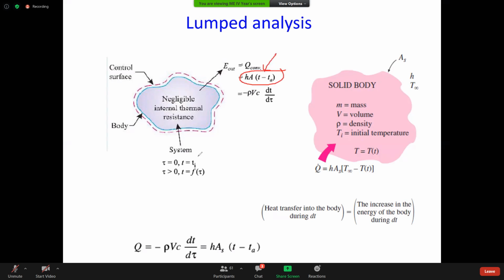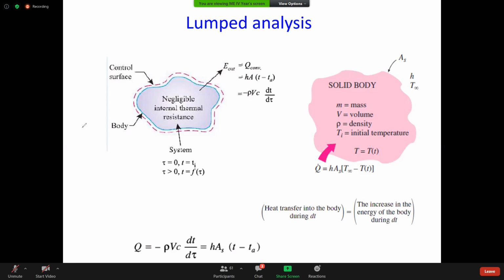where h is the convective heat transfer coefficient. No question. This is a solid, this is the boundary, and here it is the environment. The interaction will be from here to here, it is convection. No question at all. If it is T infinity and this temperature is some T, let us say T, T infinity and T. Next, according to the conservation of energy, whatever energy is left by this body will be gained by the environment. Whatever energy is leaving the body is equal to what the environment is gaining. That's the reason E out is equal to Q convection.